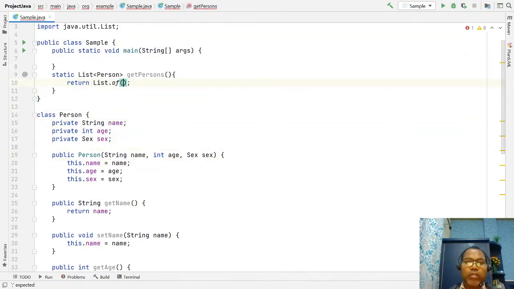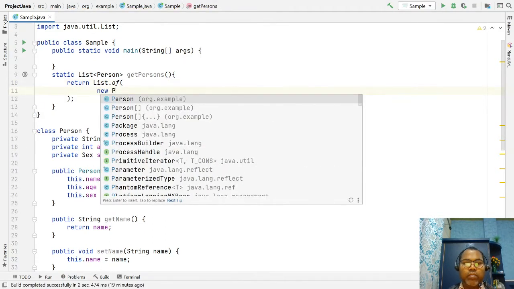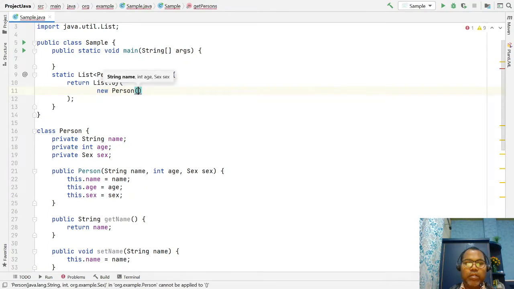We have to return a list of person. Here we are returning the new person, and let's say we have to create